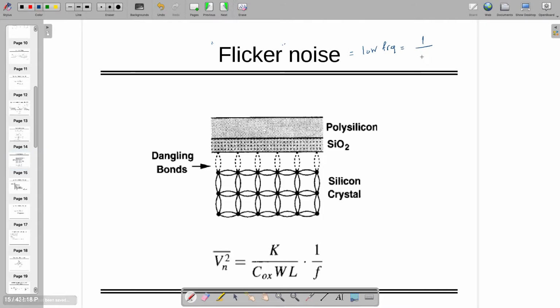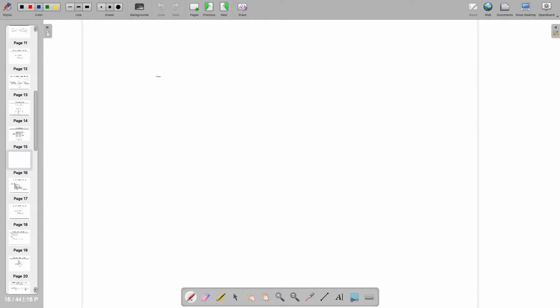That's why this is known as 1 by f noise: as f increases, this noise is smaller, but when f is smaller, this noise is higher. So 1 by f noise, or flicker noise, happens at low frequency only. It happens because of the dangling bonds of the lattice structure of your silicon, where charges are trapped during operation at very low frequency. By the way, I can ask you very quickly,